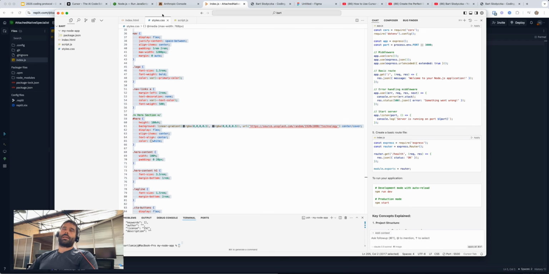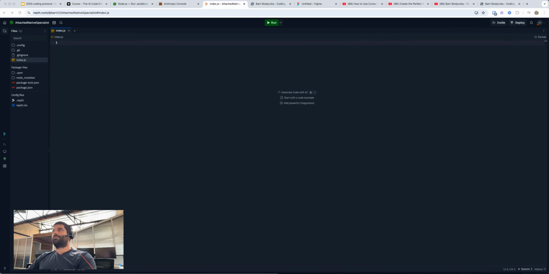Because a lot of coding, yes, it is creating code, it's debugging, but it's also understanding the file structure. So when I first started coding, it was so difficult for me to just upload one of my apps to Zendesk because I didn't understand what files I needed and I didn't understand the relationship between those files. So yeah, definitely challenge yourself, build a few apps, build a few of these things.